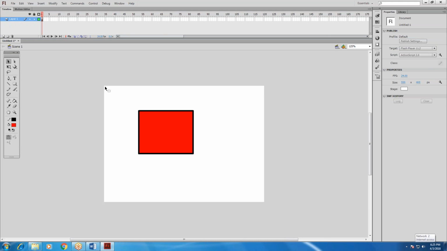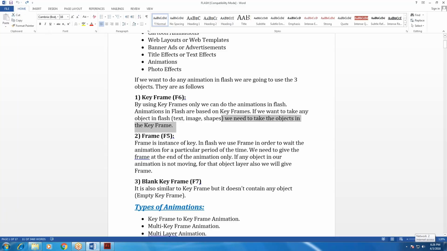I'm selecting here. If you select here, immediately what will happen? This first keyframe will be selected because this object is placed in the first keyframe only. So what is meant by keyframe? Animation in Flash is based on keyframes. If you want to take any object in Flash, such as text or image or shape, we need to take the objects in the keyframe.